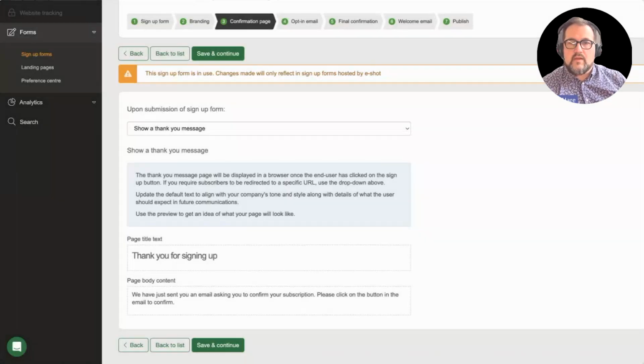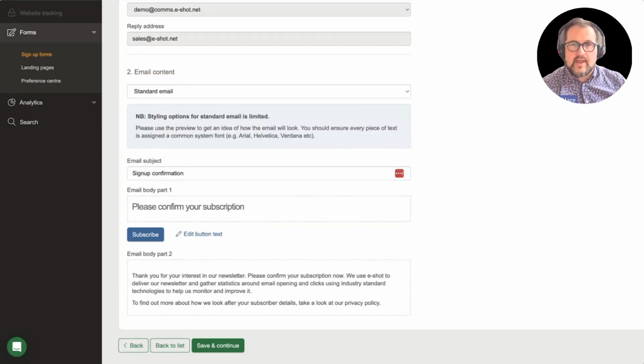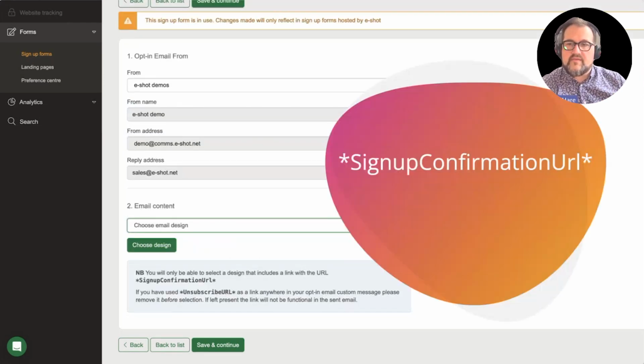Okay, so if we go back to that third step, the confirmation page, instead of showing the thank you message, we could drive them to a landing page. If we go to the next step of the process, which is that standard email, what we can do instead is change it to using an email design. Okay, so when we change it to using an email design, there's something specific and important that you need to do. All right, and I'll show you this in the product again in a second, but effectively we need to make